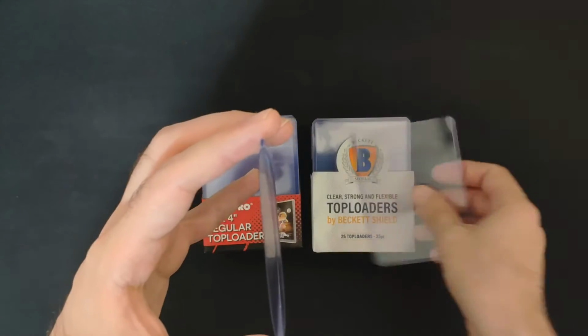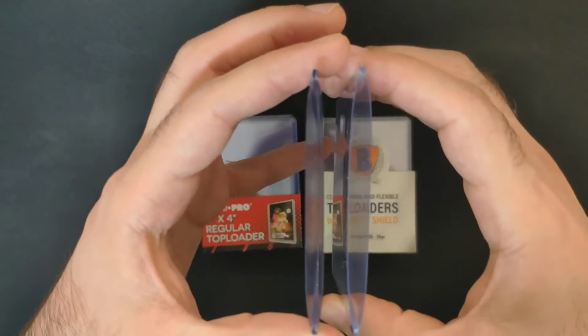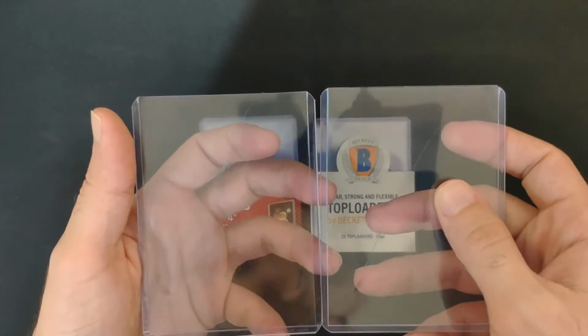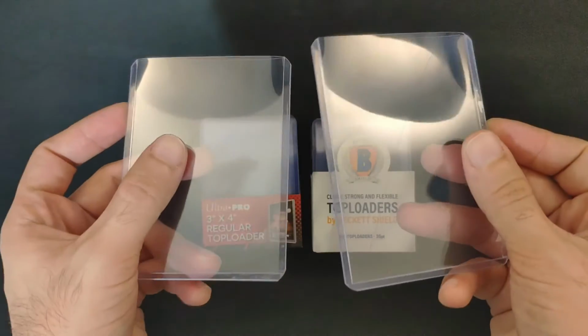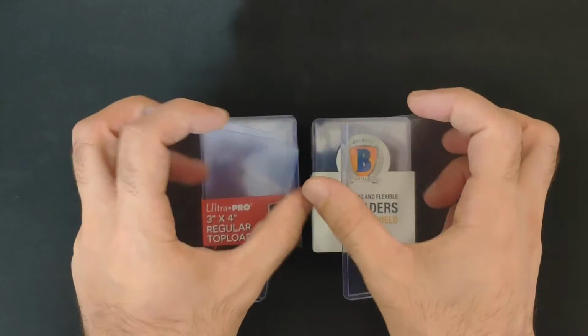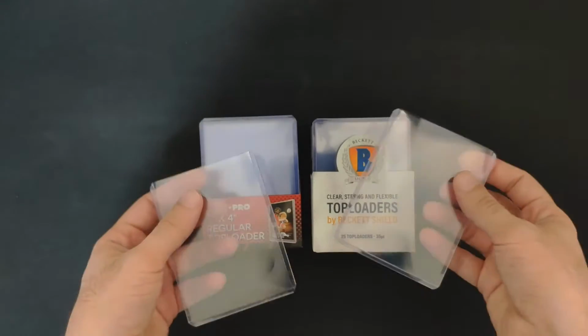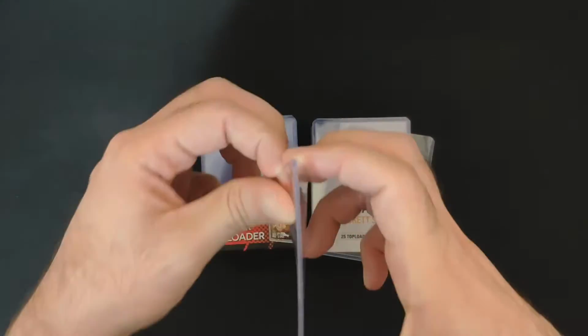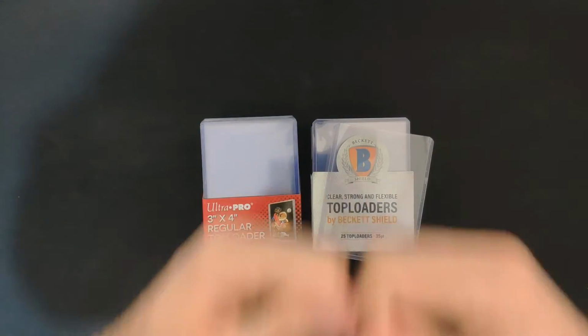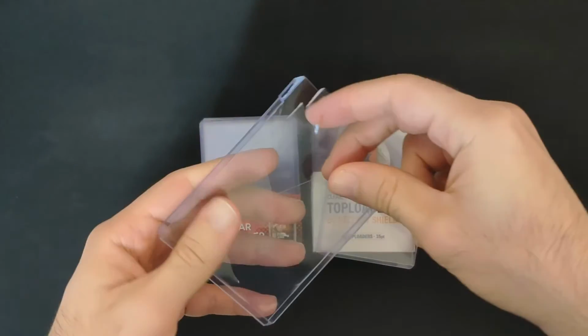Okay, so both of them expanded quite a bit, as you can see, but they still hold up. They didn't break. They still protect the cards from all sides except the top, of course. And yeah, it's pretty fantastic. I really like the two of them. They're also pretty equal. Now I'm really going to break it, use a lot of force with the intention of cracking it. Okay, pretty tough,